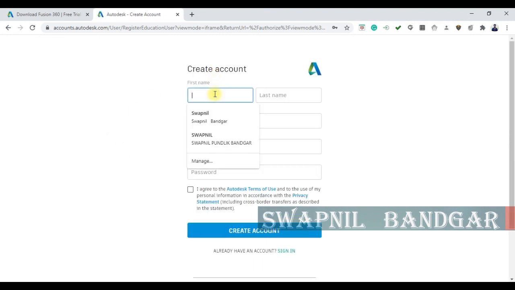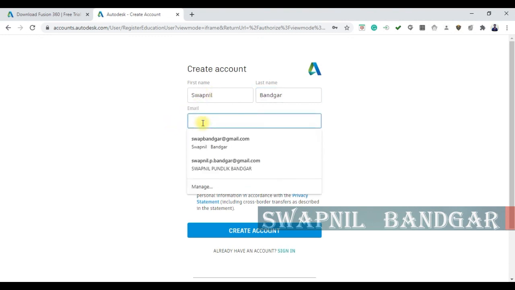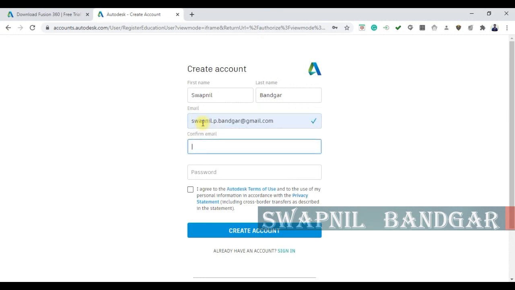Then write your first name the same as printed on your college ID, your email ID. Then you have to confirm your email ID.